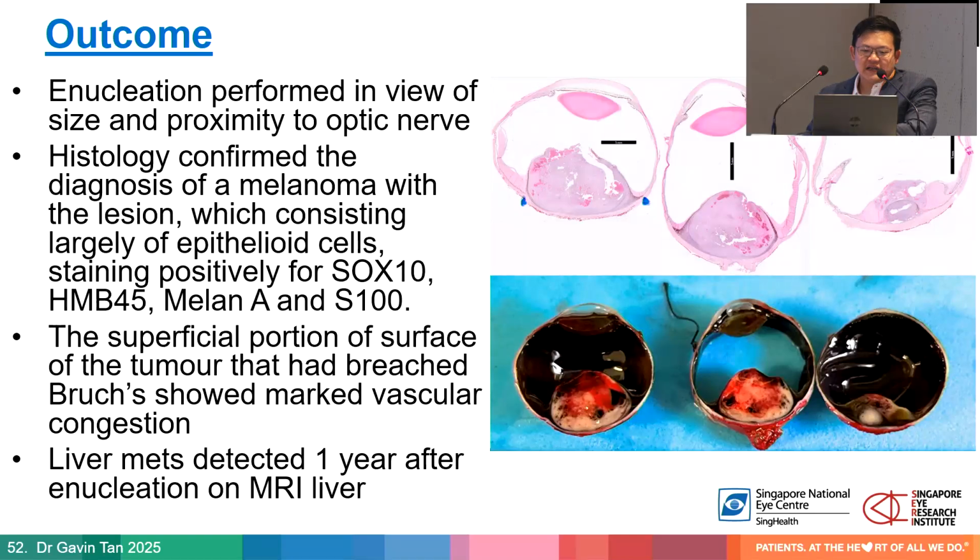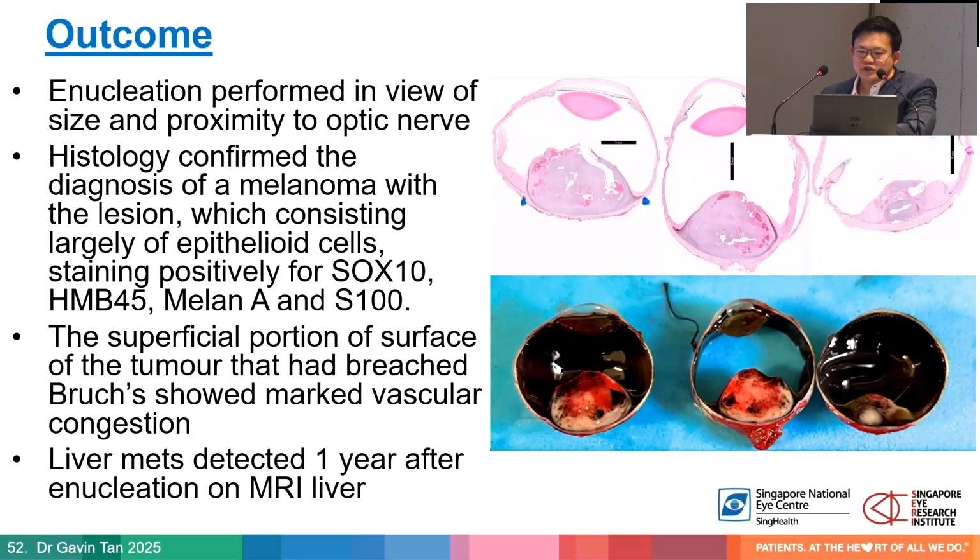So in this patient, in view that it was a melanoma, in view of the size and proximity and likely involvement of the optic nerve, enucleation was performed, and the histology confirmed that diagnosis. It appeared on the full histopathology that the superficial, pale vascular area was a portion of the tumor that had breached Bruch's membrane, and it had a lot of vascular congestion and necrosis, which is why it gave us that very atypical appearance,